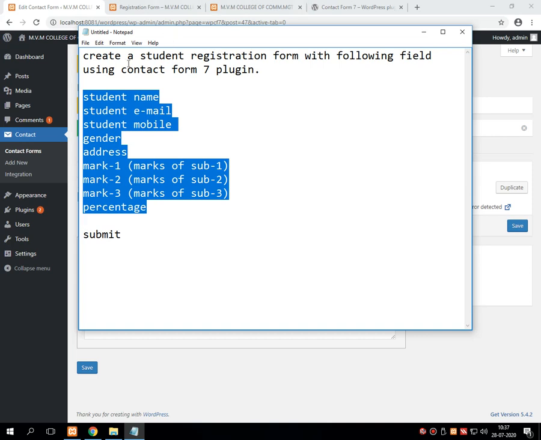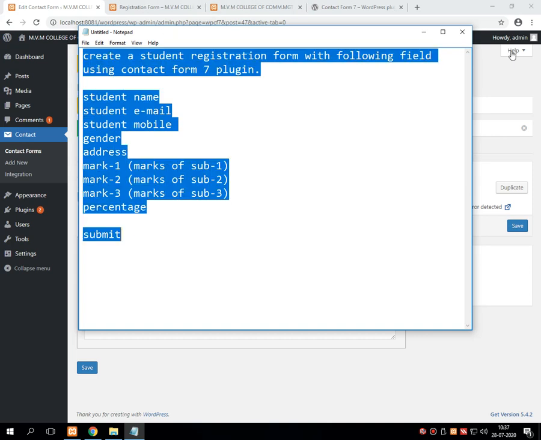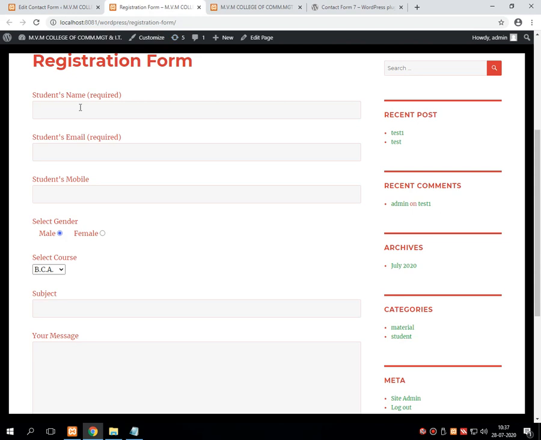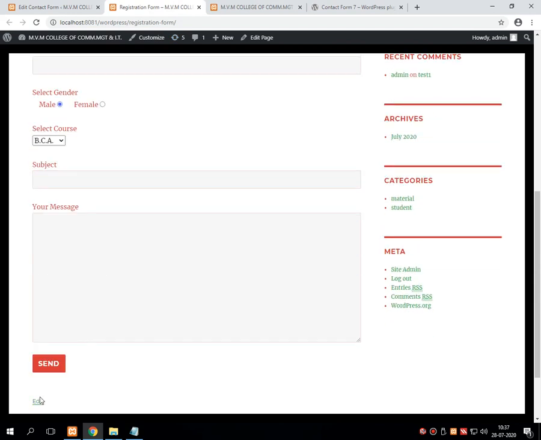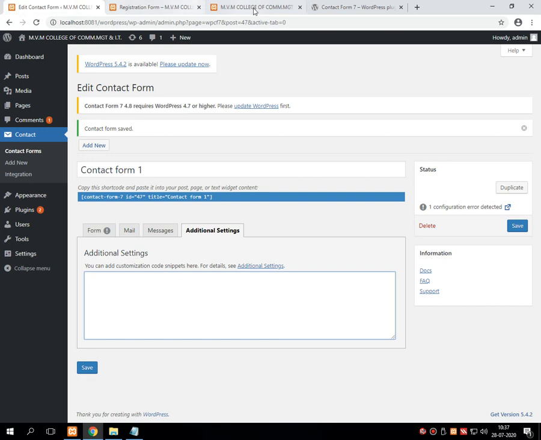Even in our practical, whenever we have entered some data, that data is to be stored somewhere. So we will see where that particular data is stored, and then we'll complete our session.